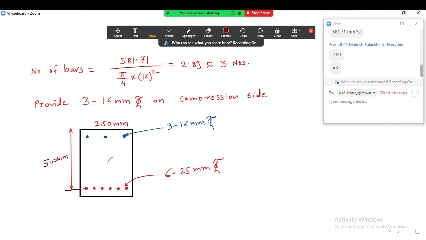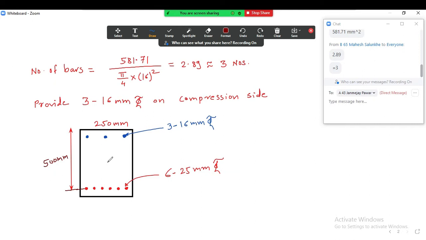In the previous problems they gave us the compression side reinforcement, tension side reinforcement and the dimension of the beam, and they used to tell us to calculate the MR or MU. So both these problems we have covered now. This is the last variety of problem in this unit. Now we will move to the next, that is the design of continuous beams. Design of T beams we will take at the last.